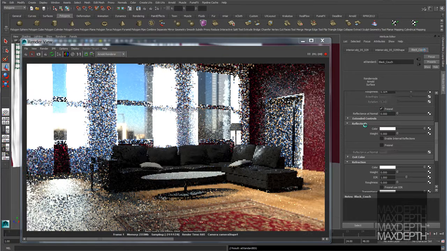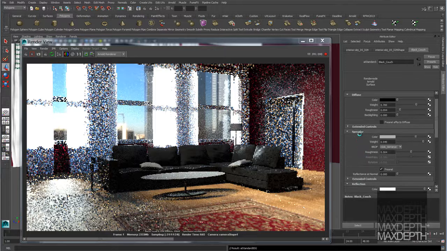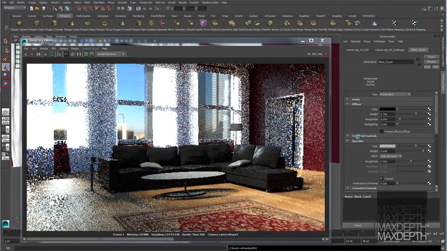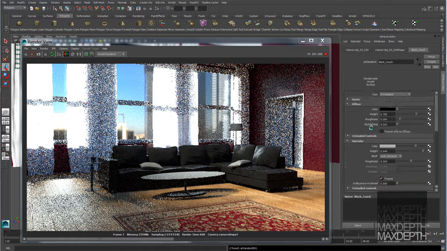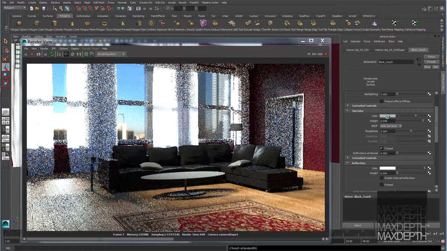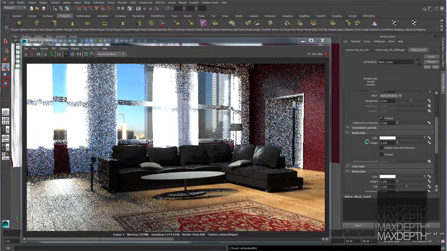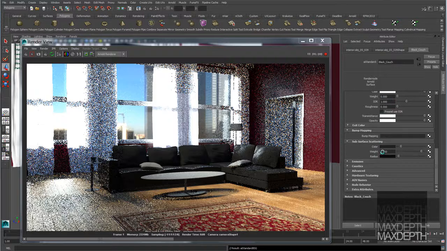Okay. And now for our couch, we do have something a little bit different than what we've touched on so far. And that being that there is a bit of subsurface scattering that I've attached to this shader. Now the color is black, a little bit of roughness. The specular quality, I didn't want it to be a pure white. I wanted it to have a little bit more of sort of a gray falloff that a leather couch would have, with a bit of roughness. Fresnel as always. Reflection, not really necessary. Refraction, not necessary. But subsurface scattering. Now,